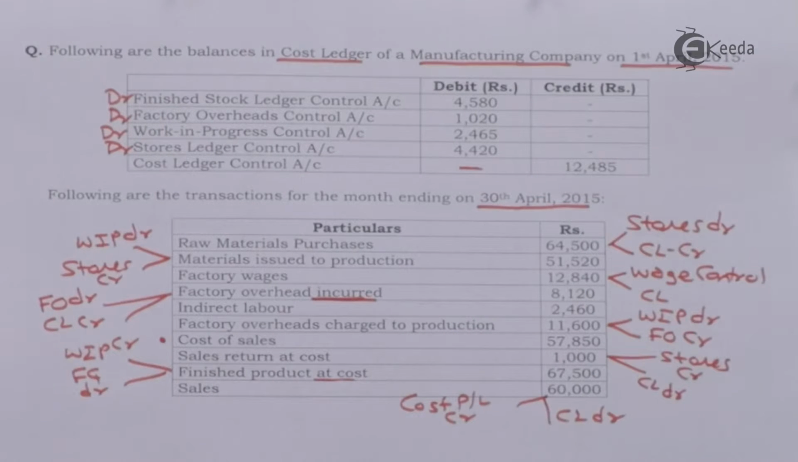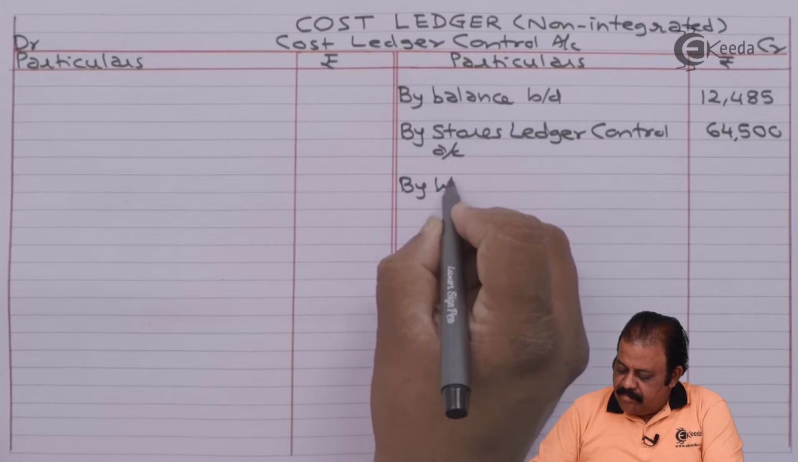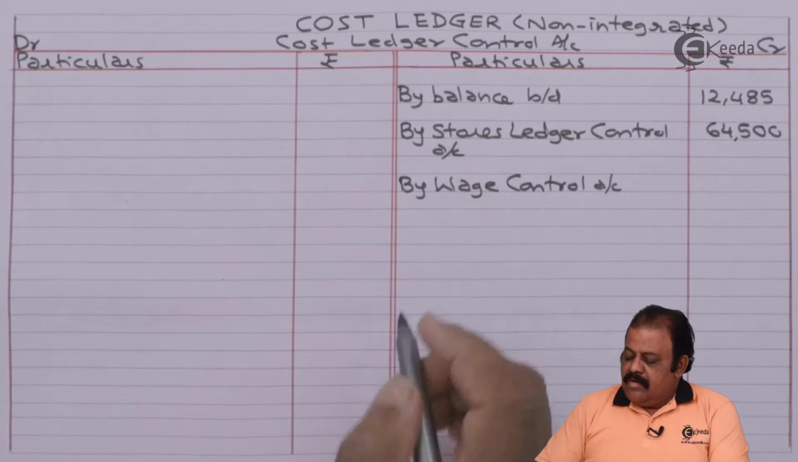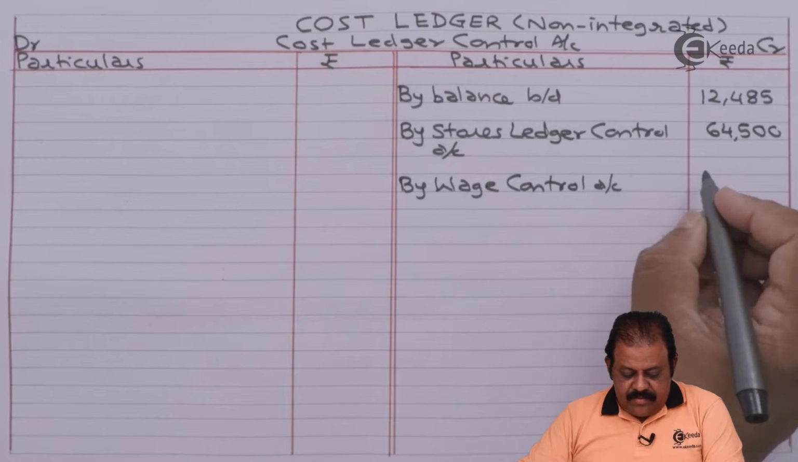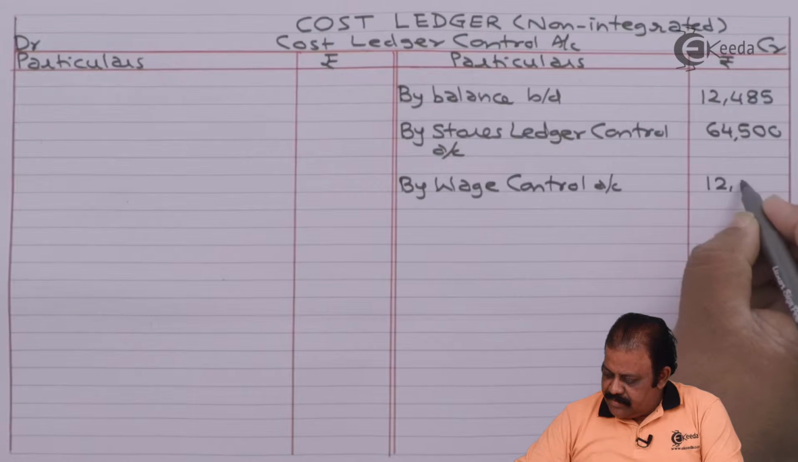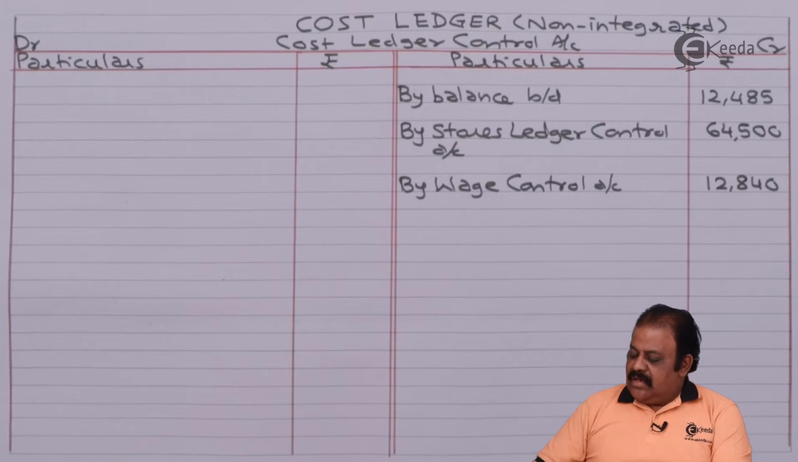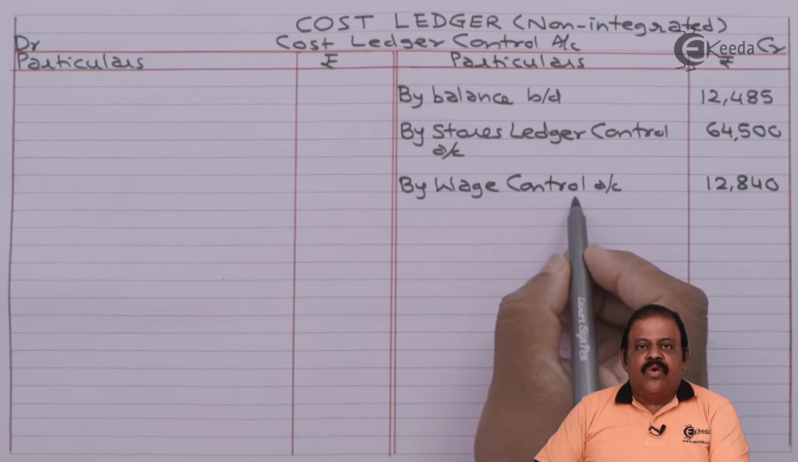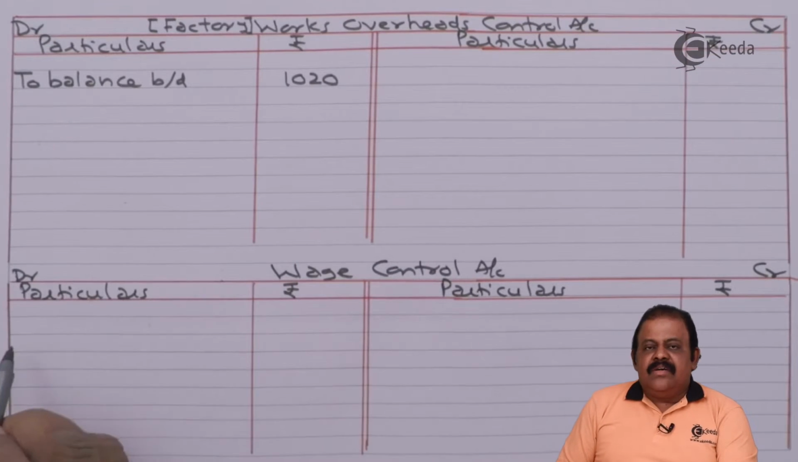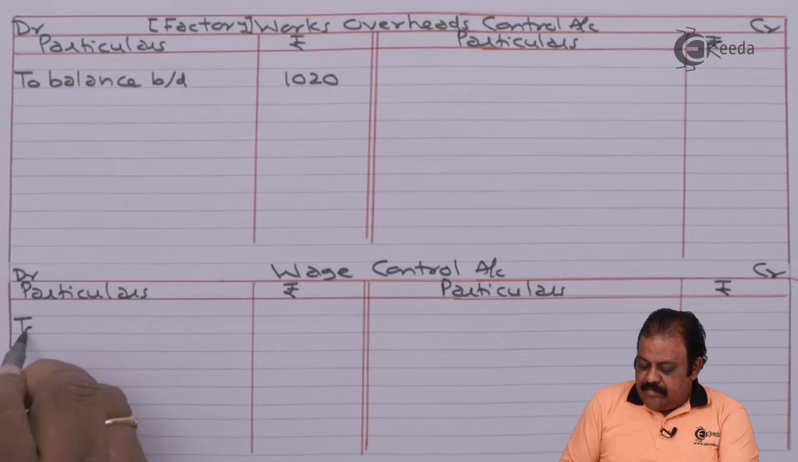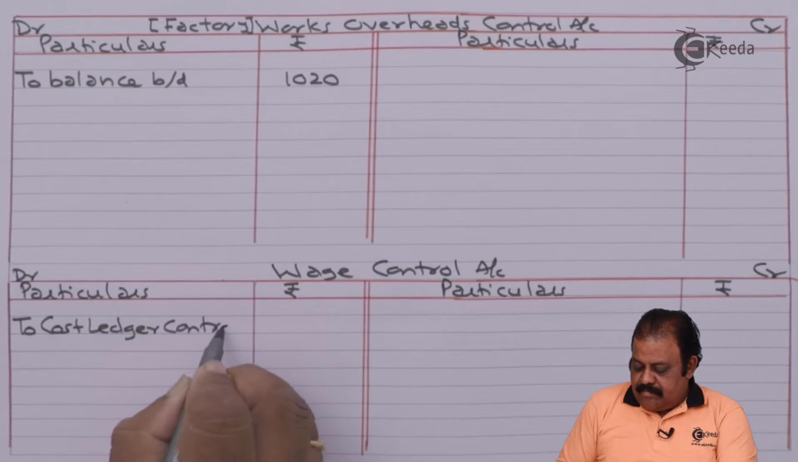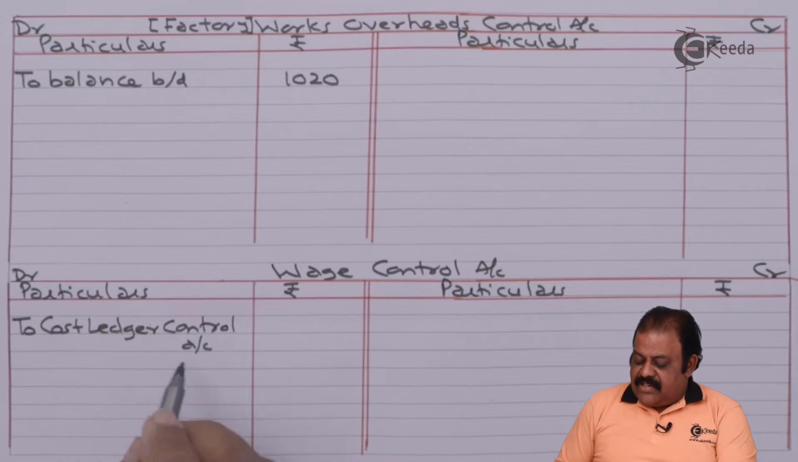12,840. This will be credited to cost ledger control account. By wage control account 12,840. This will be debited to wage control account. Wage control account debit side, to cost ledger control account